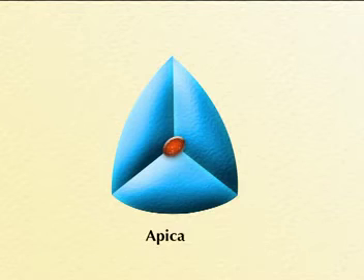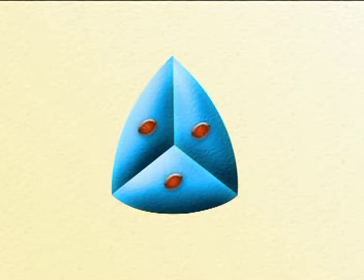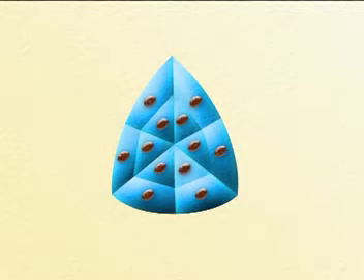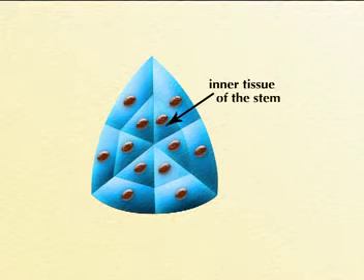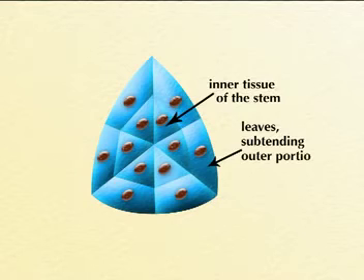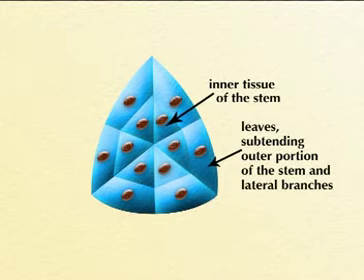It takes place by the activity of a single pyramidal tetrahedral apical cell with 3 cutting faces. In this 3-faced apical cell, segments are demarcated regularly from each face. Each of the segments thus formed divides periclinally. The 3 inner daughter cells, by repeated longitudinal and transverse divisions, form the inner tissue of the stem. The outer daughter cells of the segment contribute the leaves, the subtending outer portion of the stem and the lateral